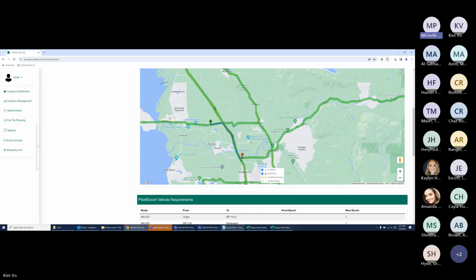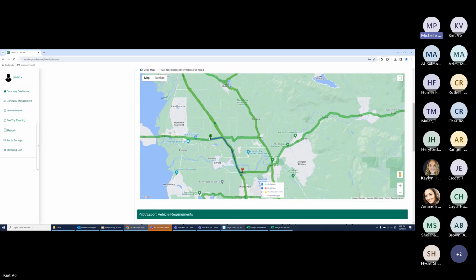So when you zoom in on the map, it shows you the green circle, which was the origin, and the red circle, which was the destination. So we have that information. And then when Kit scrolls down and shows you the turn-by-turn driving directions,